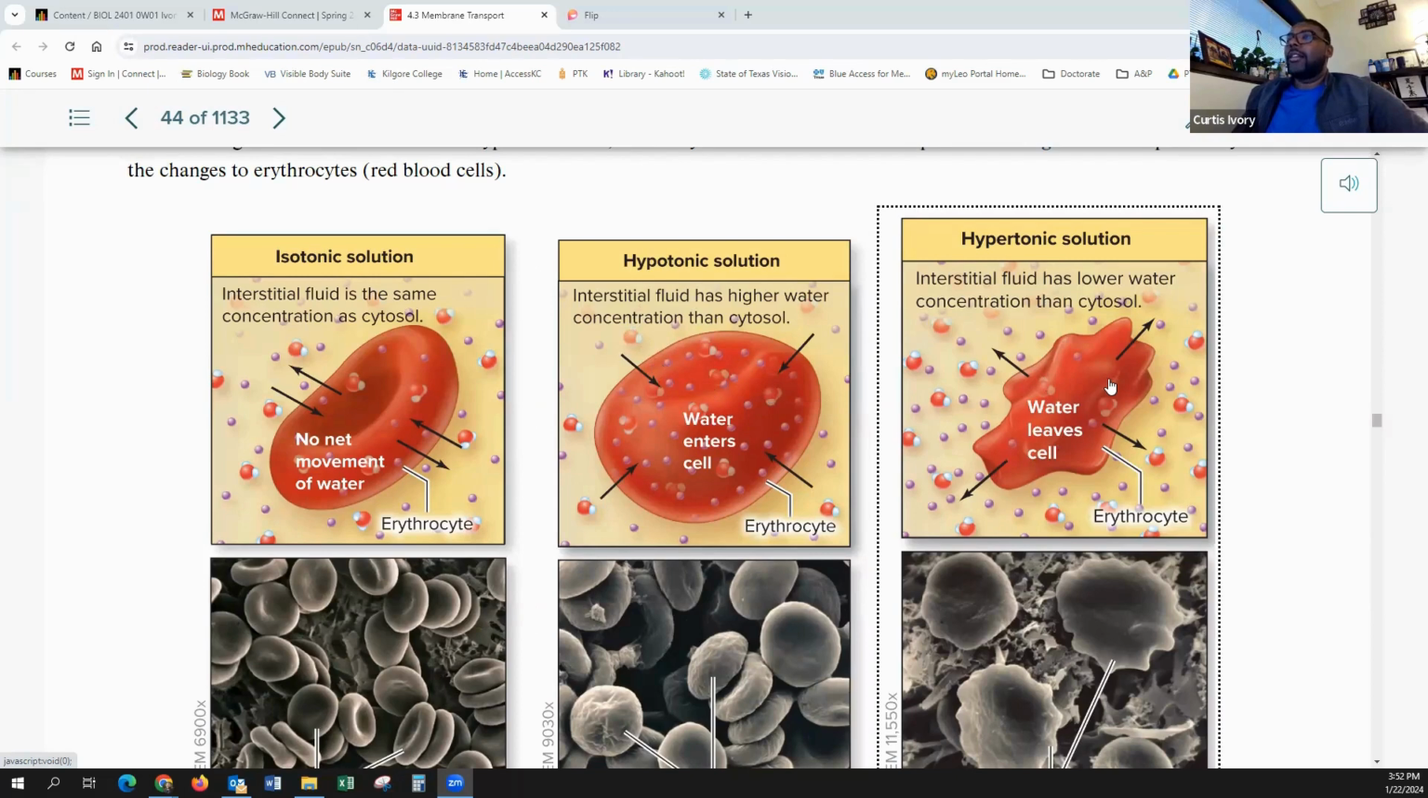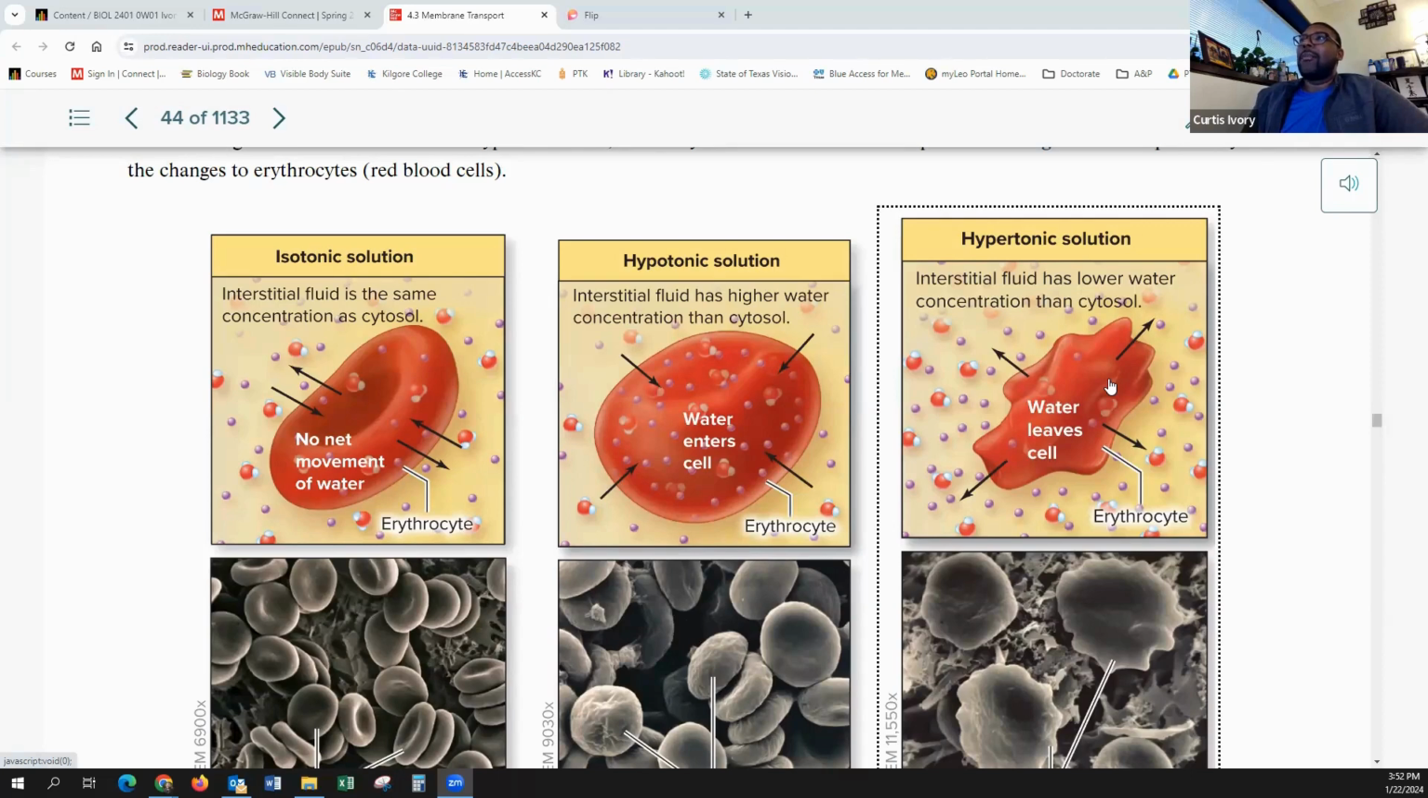For hypertonic, if you've ever been to the ocean, you know that the water is very salty. And they always say you can't drink salt water because it dehydrates you. Well, you're probably thinking, if you're drinking water, what's the big deal if it's salty? It's water, right? No. So when you drink salt water and that water gets into your veins